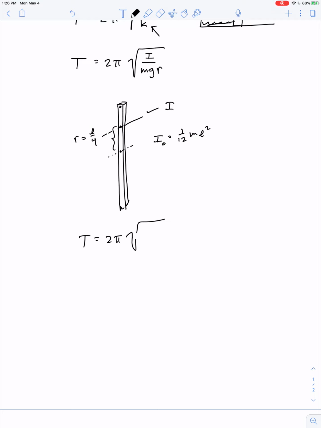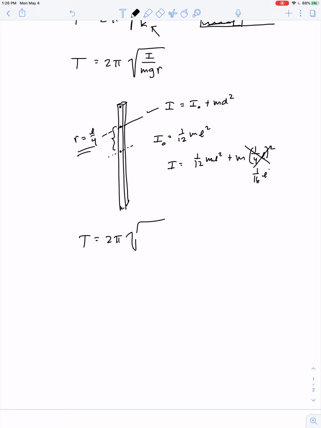So the rotational inertia about the axis we've chosen can be found using the parallel axis theorem, so it's equal to I naught plus m d squared, and in this case the distance is 1/4 the length of the rod, so I would be equal to 1/12 m L squared plus m times 1/4 L quantity squared,